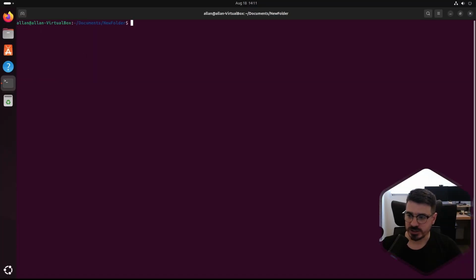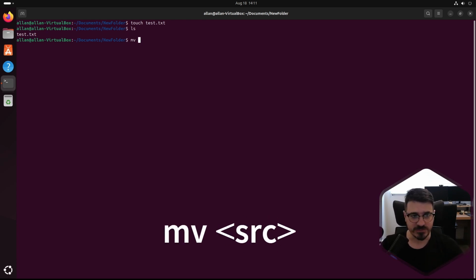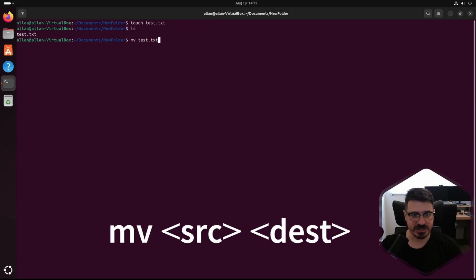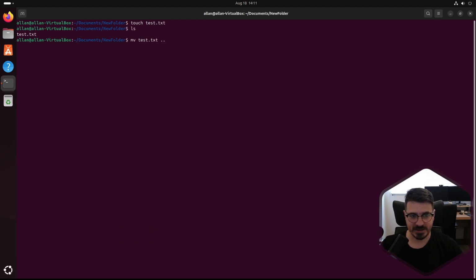Let's clear our screen and run through how to move a file from one place to another. So we're going to create another document called test.txt, and you'll see that that's located here. We want to move that test.txt back one folder. Well, we can use the mv command, which stands for move. We can move test.txt, and we want to move it back. Now, you'll see it's gone from the folder, but when we go back one, we can see that the test.txt